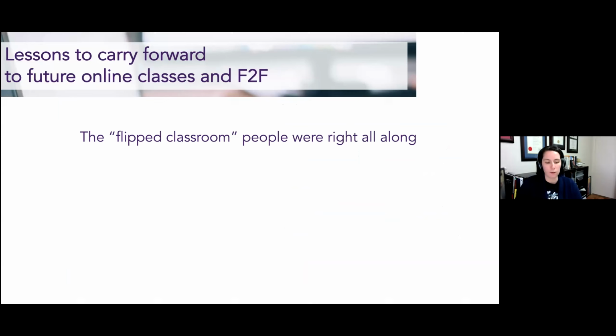Okay, so to summarize, there are three things that I know I will carry forward in my teaching, whether it's online or in person. First, really thinking more seriously about adopting a flipped classroom model, at least in part. Students do better when they can consult the material at their own pace, even if they are reliably showing up for class. There's nothing morally superior about delivering a lecture, and it's probably not as good as some form of multimodal teaching. And given some of the challenges of student engagement, I think freeing up time in an online classroom for active participation and interaction is probably a really important strategy.